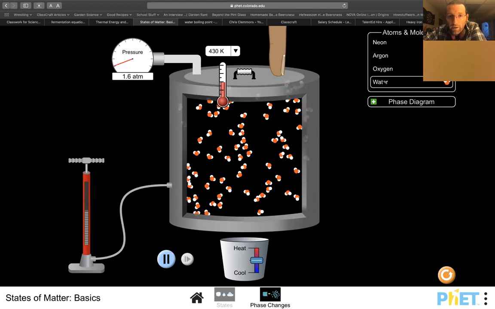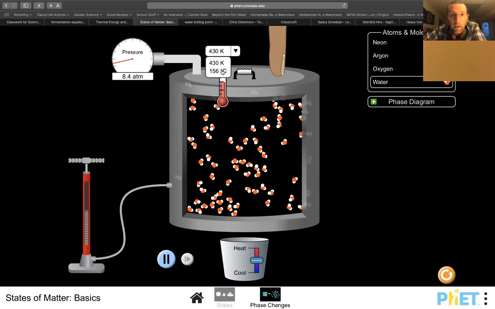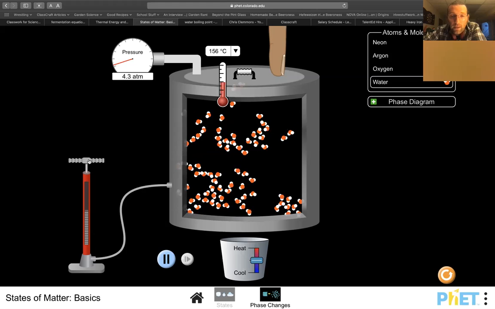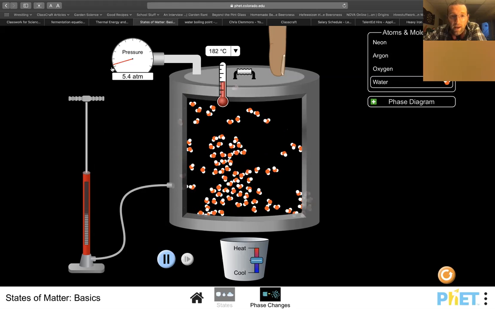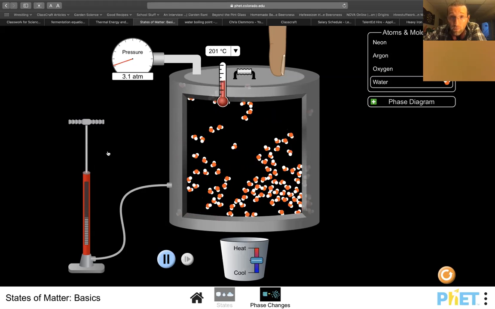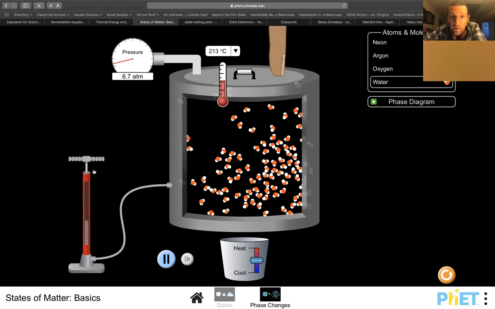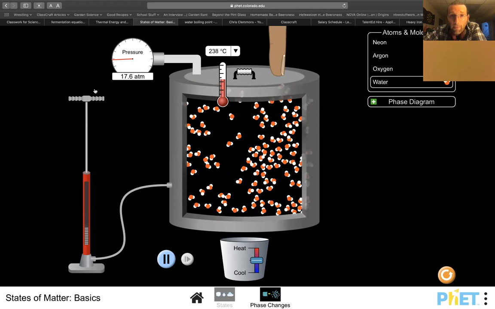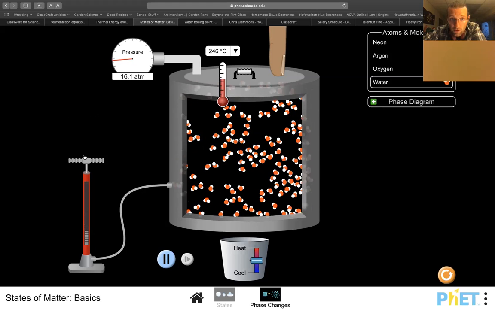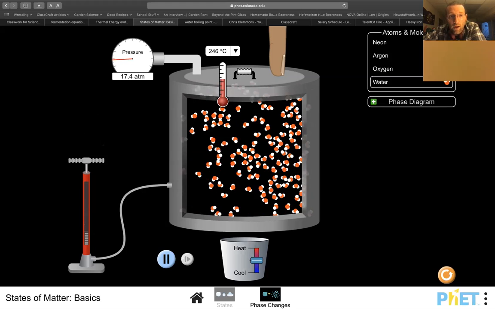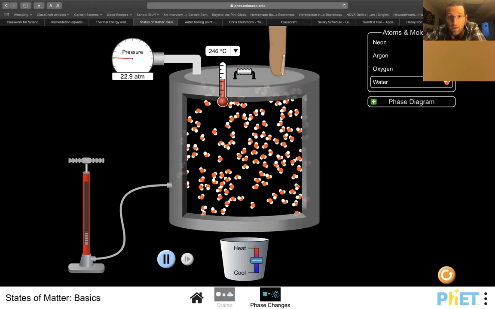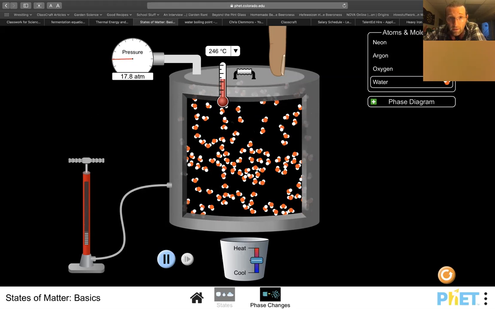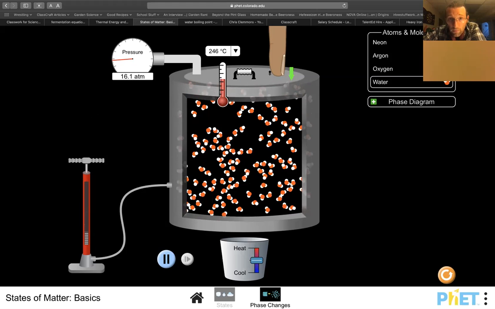If I switch over to water, that's probably a better example there. And I'll go over to Celsius because that makes more sense for you. All right. So as I start to increase the pressure here, you can start to see I'm adding more water molecules in order to increase the pressure. And the more molecules are in there, the more they are bouncing against each other and the more energy and heat these things are acquiring, essentially. So I can keep doing this, and the more I add pressure, eventually there will be so many things bouncing off of the edges of this container so often that the container will explode, right?